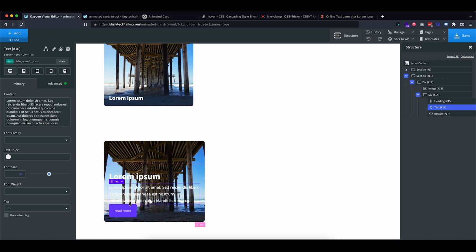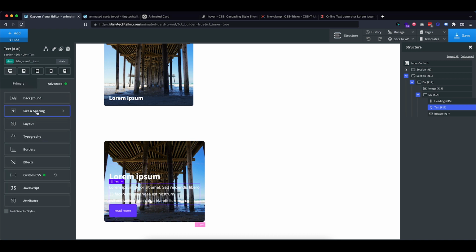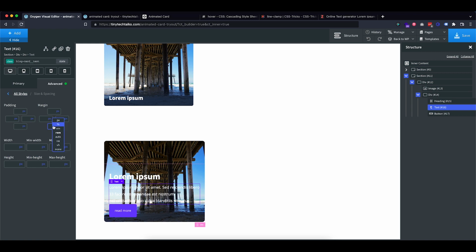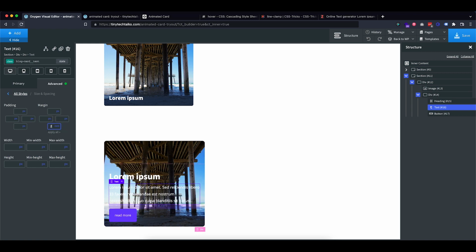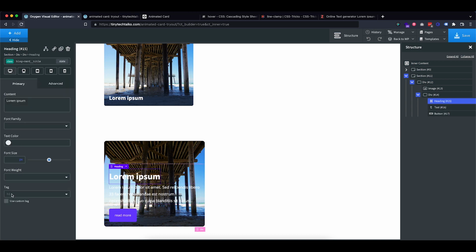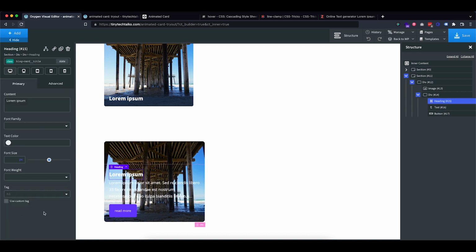I'm also going to put a little bit of margin on the bottom here. So let's go with rems. Let's do maybe 2. All right. Now also this is an H1. Let's change that to an H3. So basically this looks really nice, but we still have this problem where